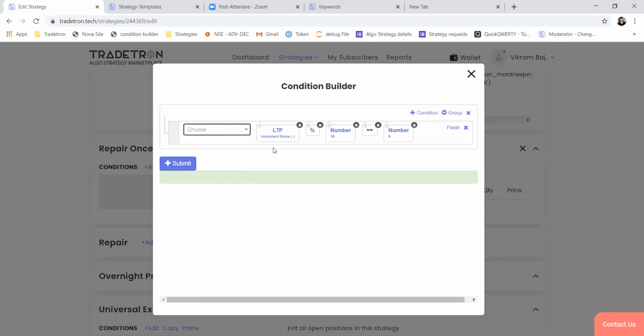In universal exit, will the execution follow the same sequence as entered? No. In universal exit, all the positions will be triggered at once, but we cannot say which leg will be executed first at the broker end. So we cannot define the order in which it will be executed.